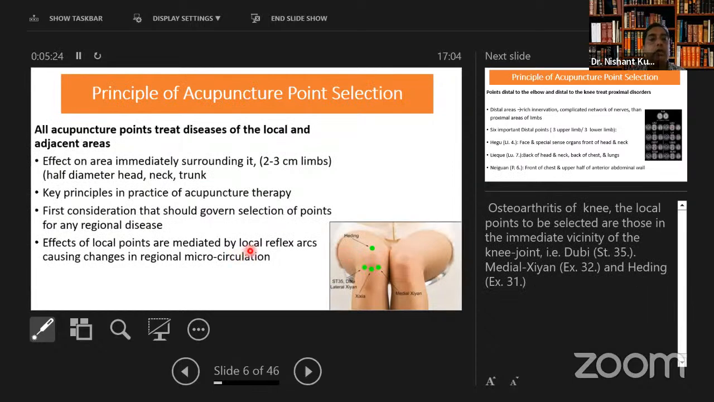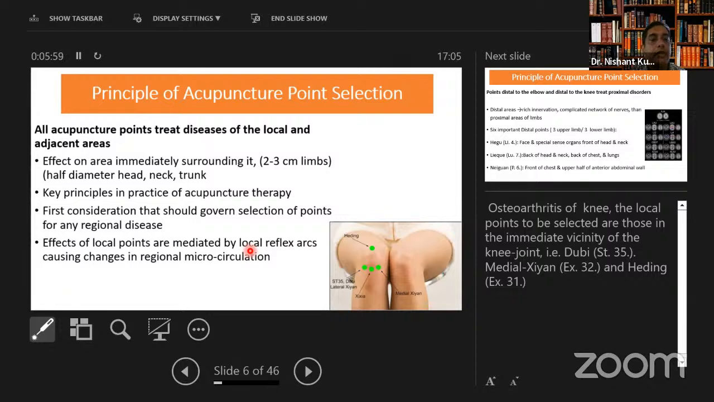So all the acupuncture points treat disease of the local adjacent areas. अभी हमने discuss कर लिया है, ठीक है? So effect on the area immediately surrounding it, around 2 to 3 centimeter around that point, उसकी कोई भी condition है. Especially what we are discussing about the MSK condition, neurological condition, any painful condition. Okay, that is the most important key principle when you decide a therapeutic points, AA points हम use करेंगे for that particular condition. And it should be the first consideration that should govern the selection of points for any regional